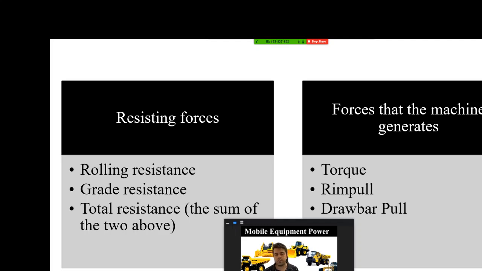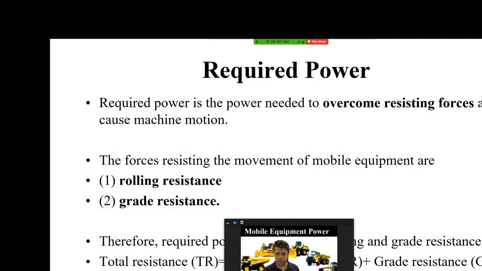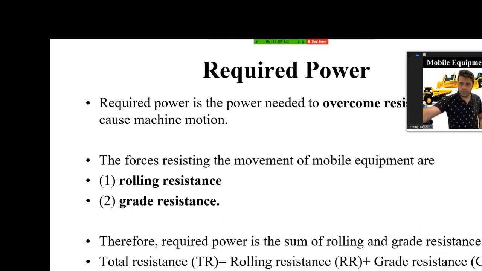In other words, the usable power of the machine is the power the machine generates minus the power it needs to overcome the resisting forces. It means not all the power that the machine generates is useful, because a part of it should be consumed to overcome existing resistance against its movement. Okay, with that introduction,